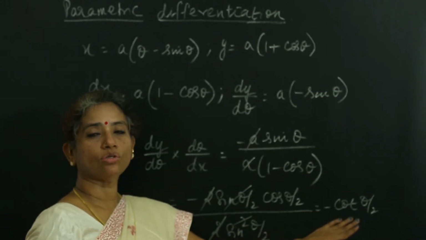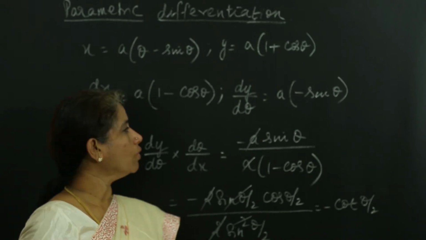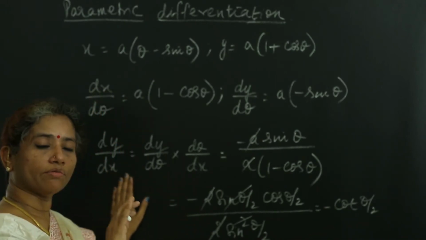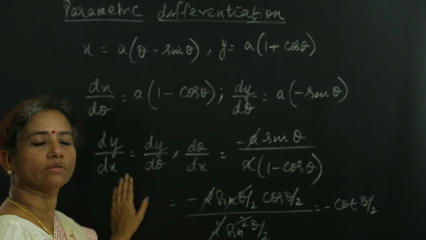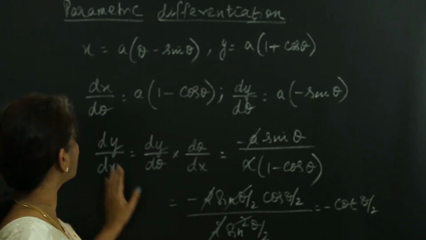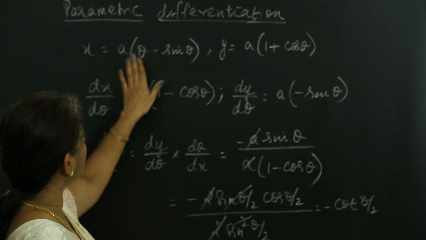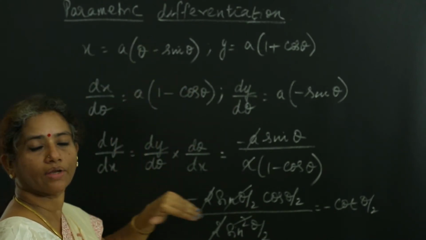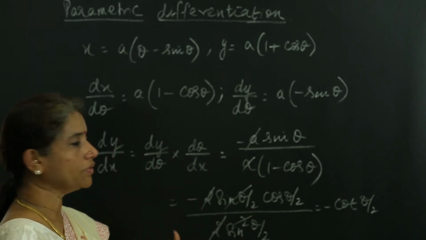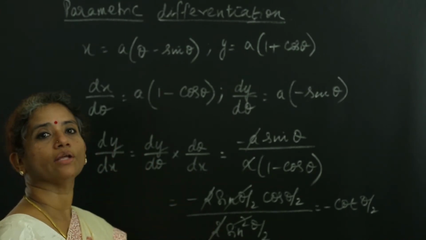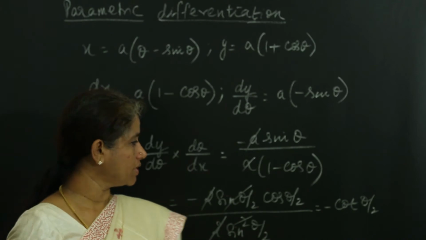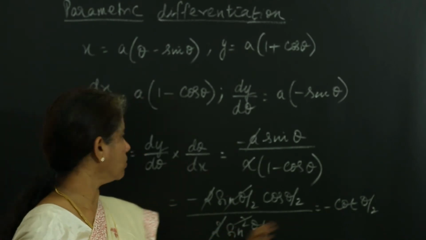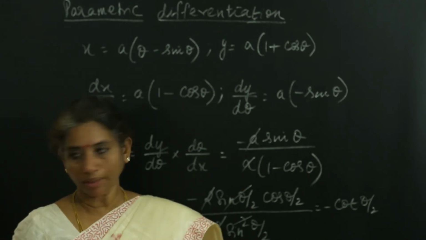Suppose you are asked to do the second derivative of it. What is the meaning of second derivative? We are going to differentiate the first derivative once again, then it is called the second derivative. First we differentiate one time the given function, it is the first derivative, and if you differentiate the first derivative once again, it is called the second derivative, and you can even differentiate the second derivative once again to get the third derivative. But now we are going to do the second derivative of this. Okay, now please listen carefully.